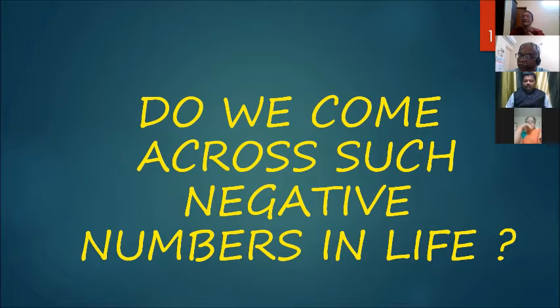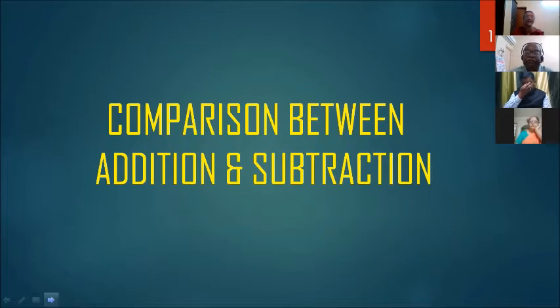Then once the number system is born, it has to have a structure, a representation, and a manipulation. So we invent such numbers. Subtraction and negative numbers are connected in so many ways. How? Subtraction is nothing but adding the negative of the number that is subtracted. So this is where the connection of addition and subtraction comes into reality.